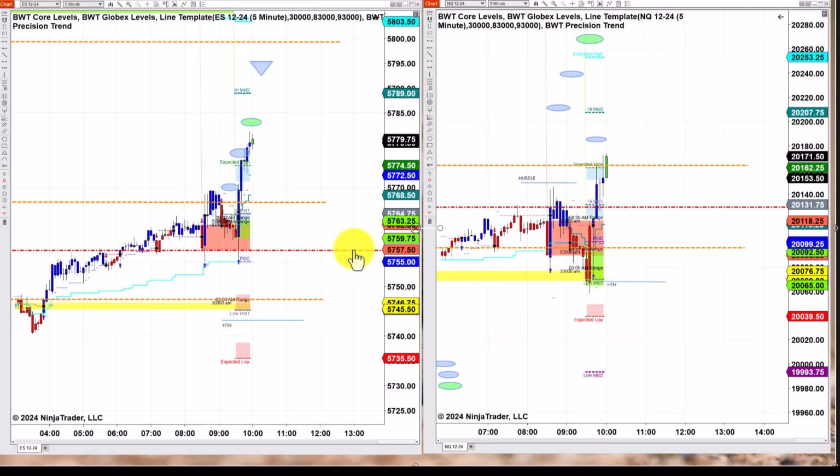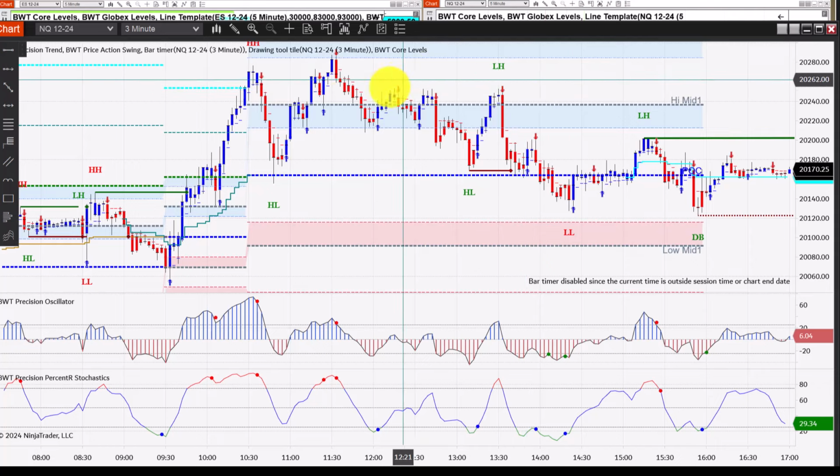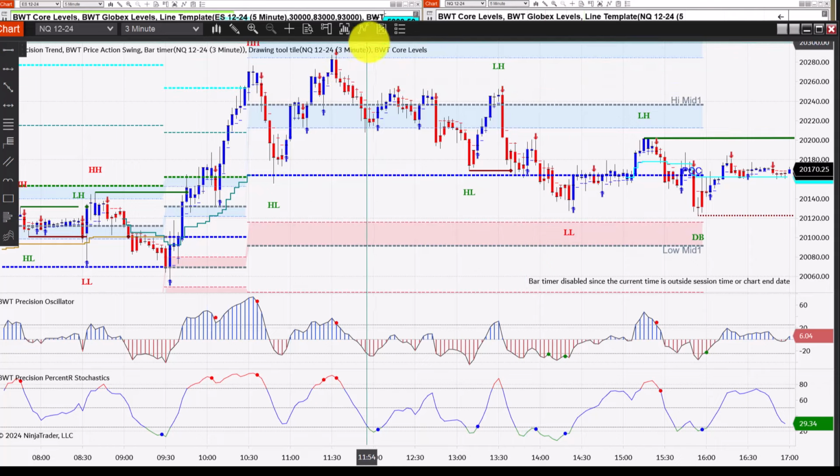And on the ES, you can see that the first 2 levels were hit from the open. So if you had an entry right above the high of this red bar, the opening bar, you would have achieved your objective in the ES. And then in the NQ, you would have ultimately achieved your objective as well, because the core levels went all the way to 2280 and up to the upper buy hot zone,